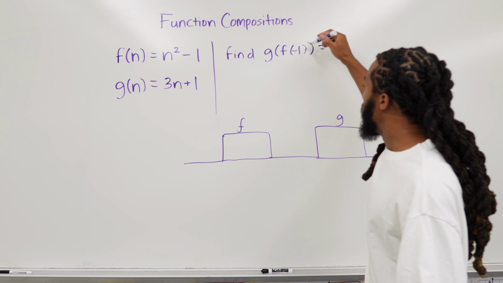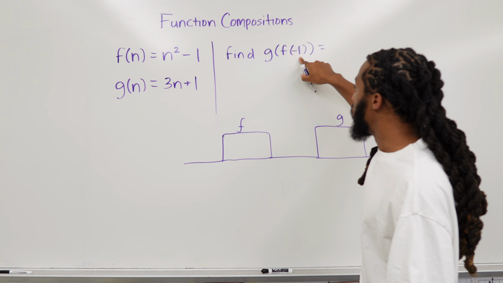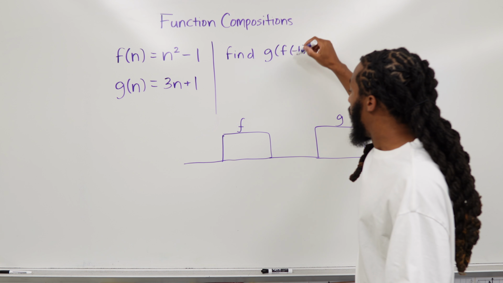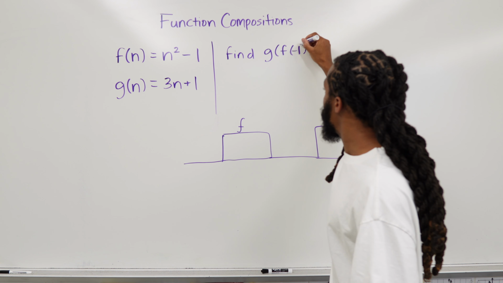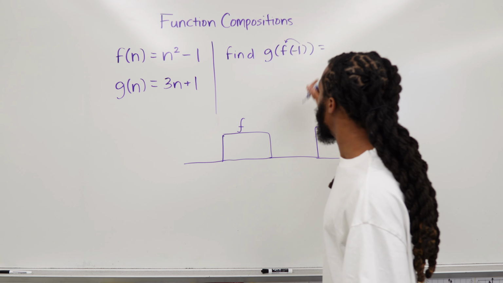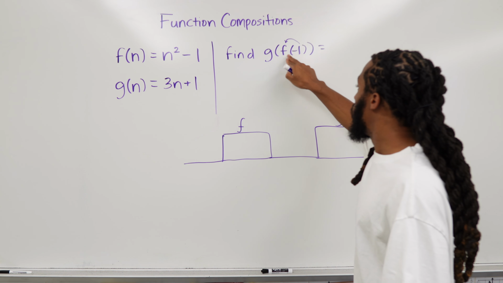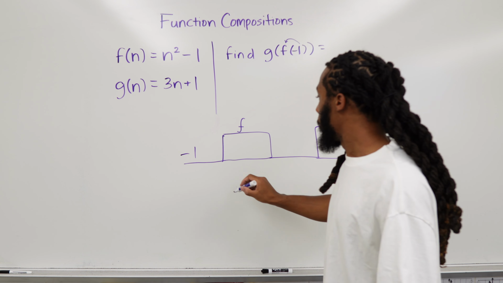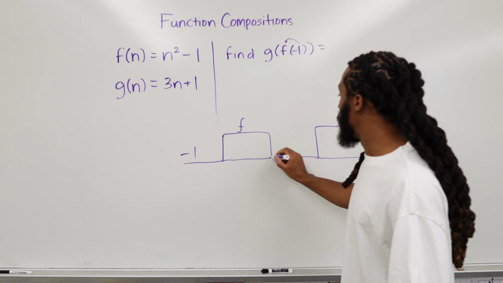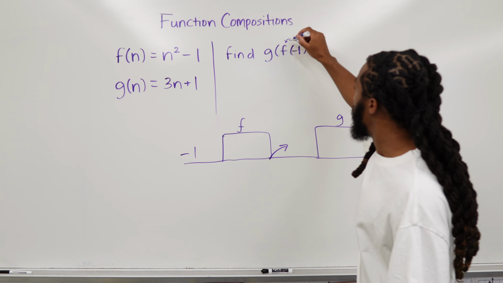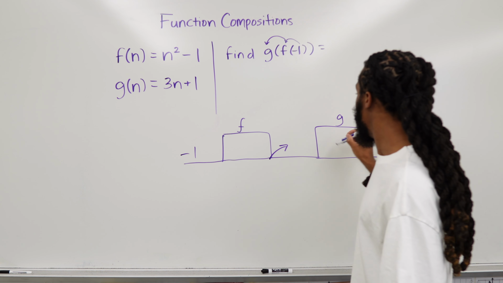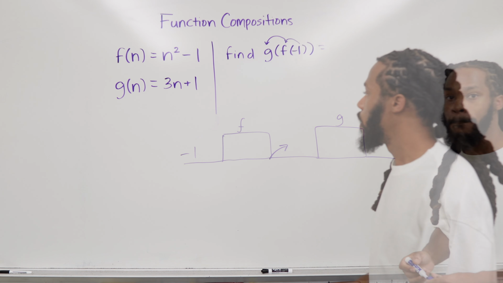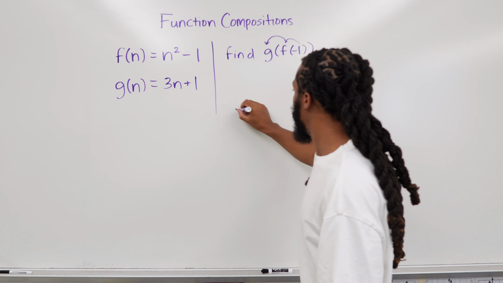I mean, it's easier to start with the input value, in this case the n value, and watch how it travels through each function. The -1 has to go through the f function first, and whatever comes out of the f function has to then travel through the g function. So let's start by finding f of -1,